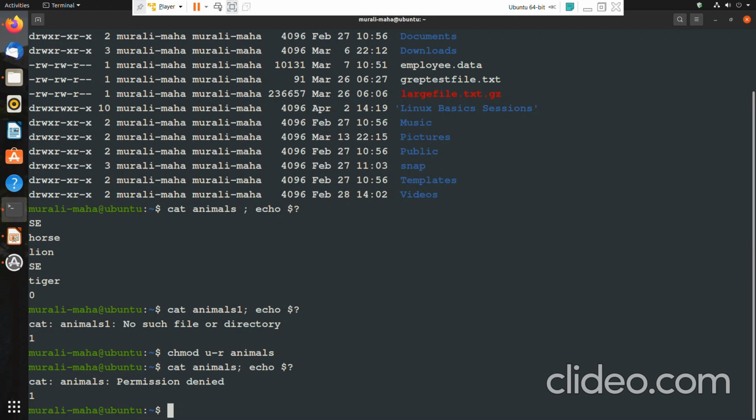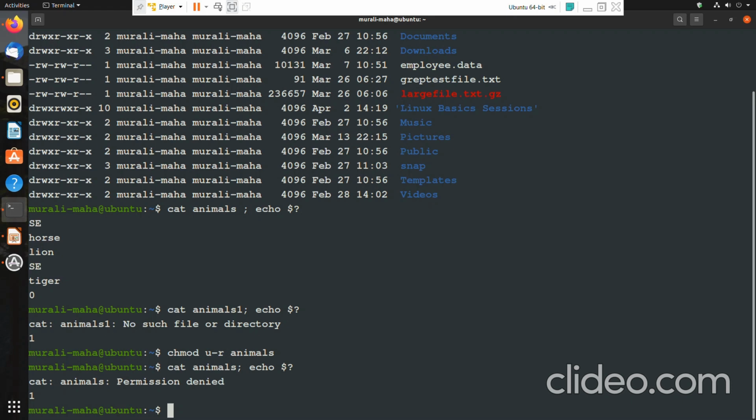So in this scenario, whether cat has failed because the file doesn't exist, or because the read permission is not there, in both cases it returns the value 1. It can be any value between 1 and 255, but in this scenario it returns 1.